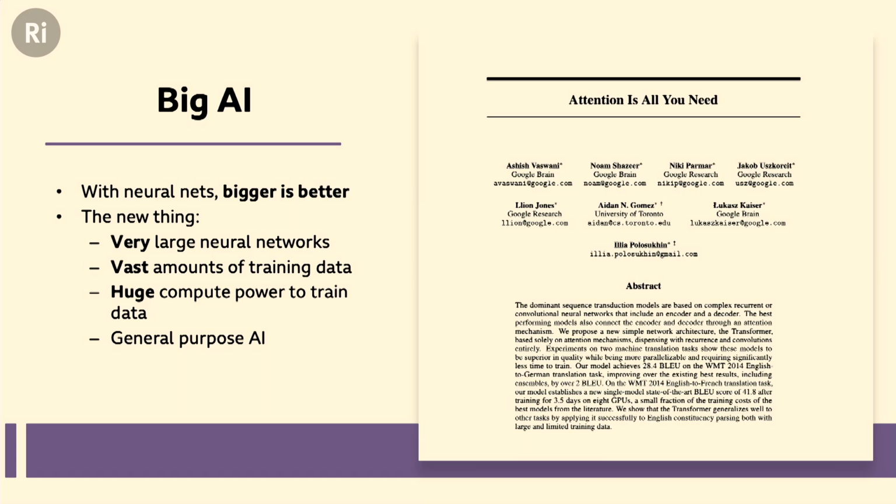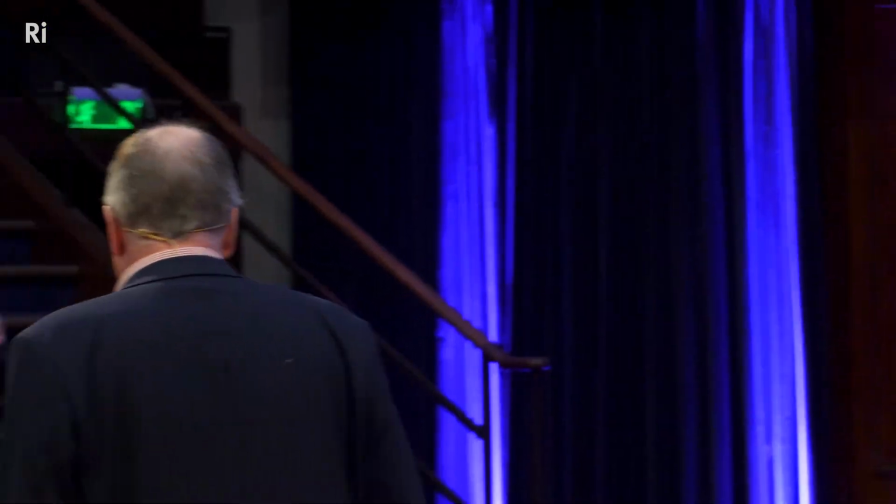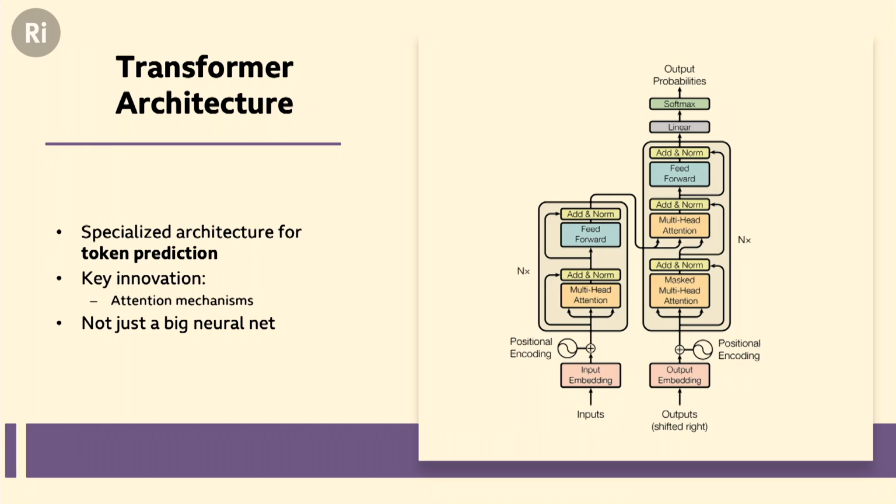But anyway, this paper by these 7 people who at the time worked for Google Brain, one of the Google research labs, is the paper that introduces a particular neural network architecture called the transformer architecture. And what it's designed for is something called large language models. So I'm not going to try and explain how the transformer architecture works. It has one particular innovation, I think, and that particular innovation is what's called an attention mechanism.